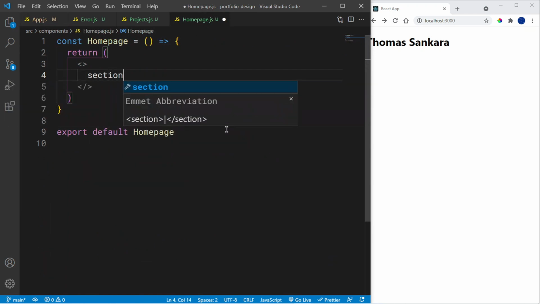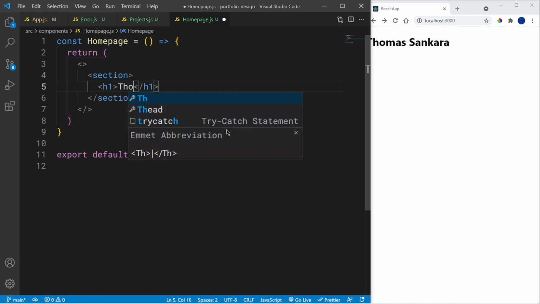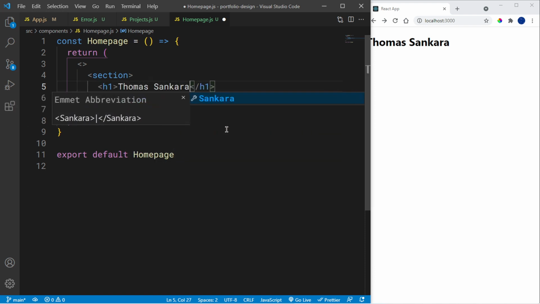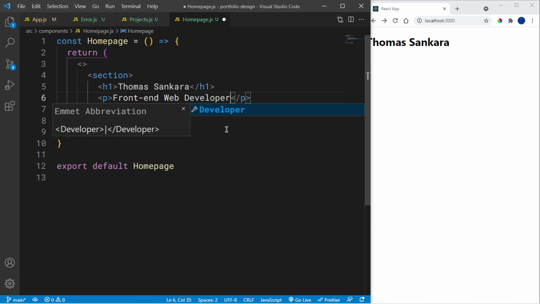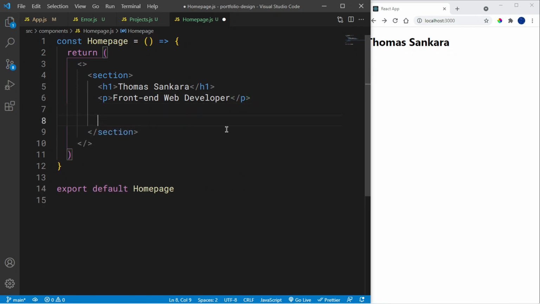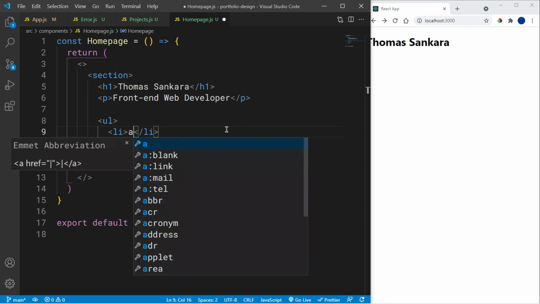So inside here, I'm going to return a section, and then this section is going to have an h1 that says, of course, my name. Why did I even delete it? And then below this, I'm going to have a paragraph that says front-end web developer, like so. And then below this, I'm going to have an ordered list with 2 list items, like so. And then these list items are going to have anchor tags. Okay, so these 2 list items are going to have anchor tags because they're going to be going to external